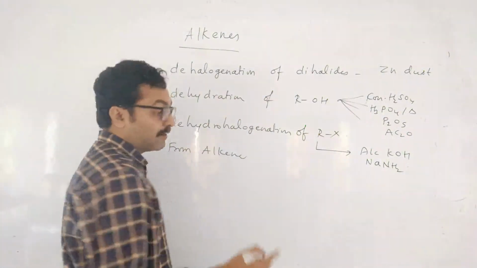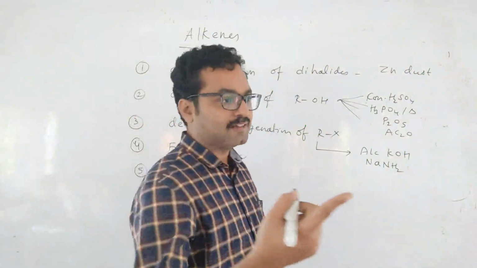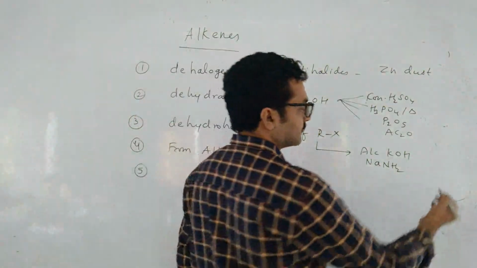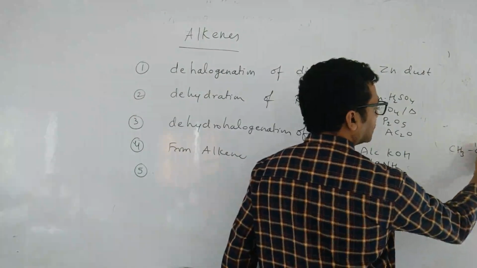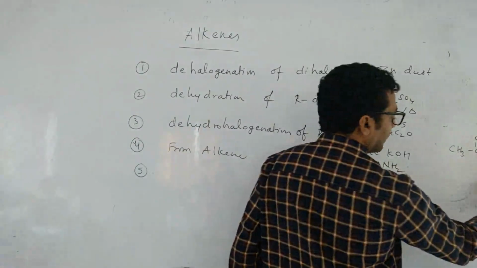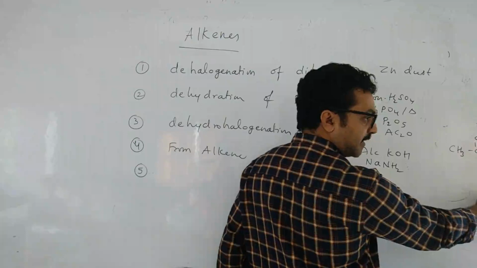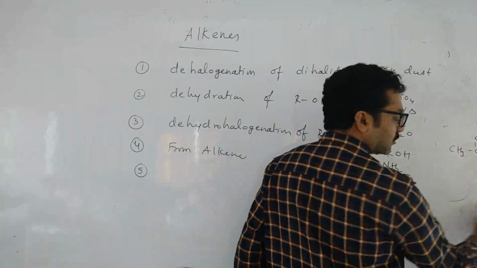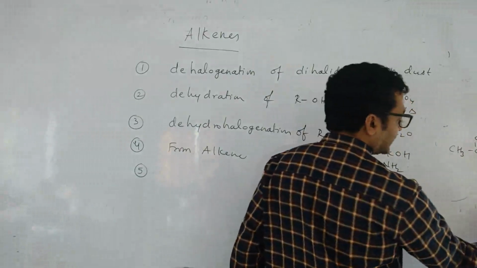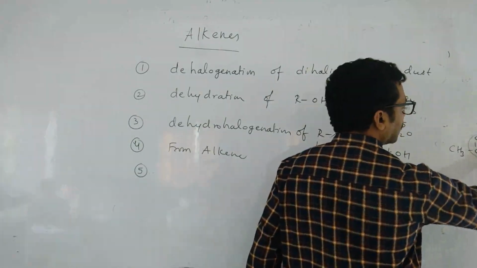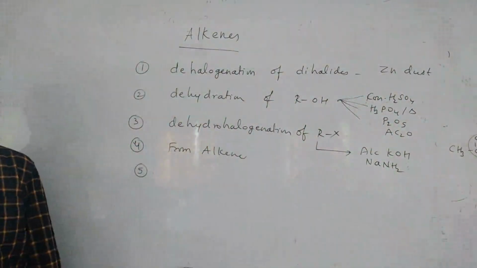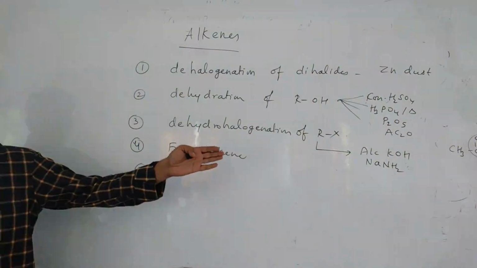Right. One more amide is there. That is organic amide, CH3CONH2, acetamide. That is the acid derivative. CH3COOH is acid. If you replace OH with Cl, that is called acid chloride. If you write NH2, that is called acid amide. If you write OR, that is called ester. If you write OCOR, that is called anhydride. If you write CN, that is called cyanide. Those are acid derivatives. In that also one amide will come, that is acetamide. Understanding that?